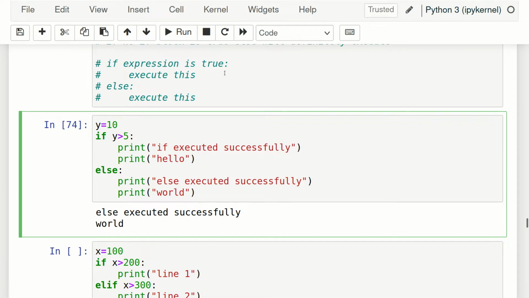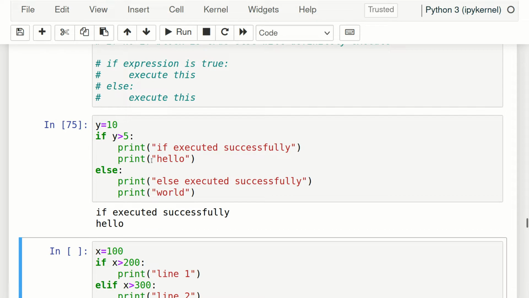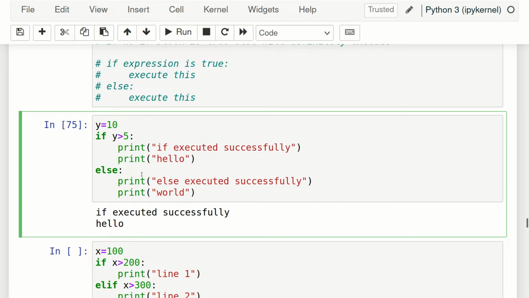Now if I run it, we can see these two statements executed. If executed successfully and then hello. This is the power of if else. If this is true, enter here and run all these statements one by one. If it is false, directly go to else.